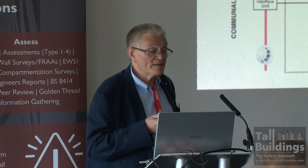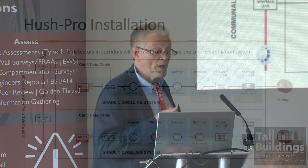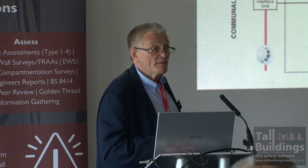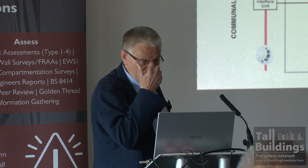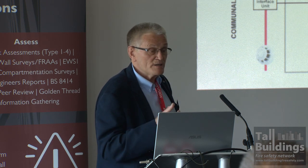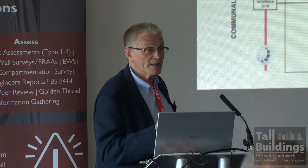This, for the electrical types in the room, is a block diagram of the wiring. On the left, I'm showing smoke detectors. And these, as I said right at the beginning, are normally operating the AOVs. We wouldn't expect these detectors normally to be set to sound alarms in the building. They could be, but we wouldn't expect them to be. The only extra cost is the interface on that existing AOV system, linking to the Hush Pro